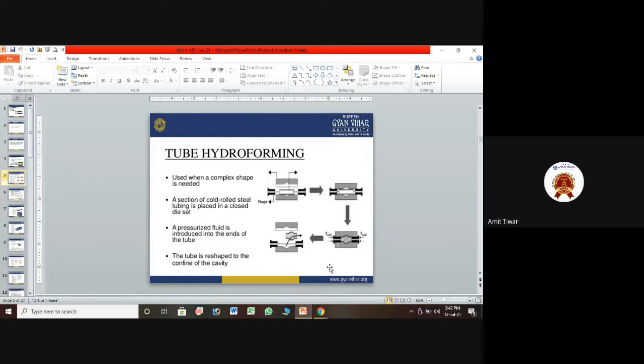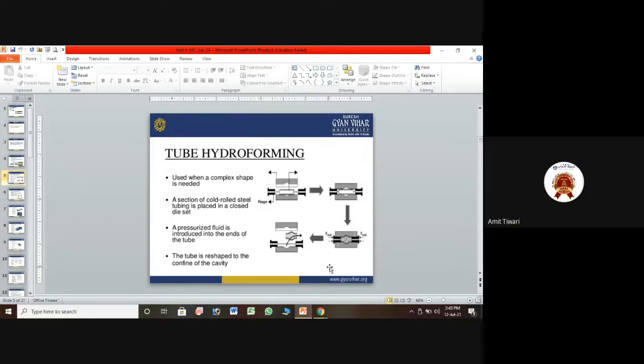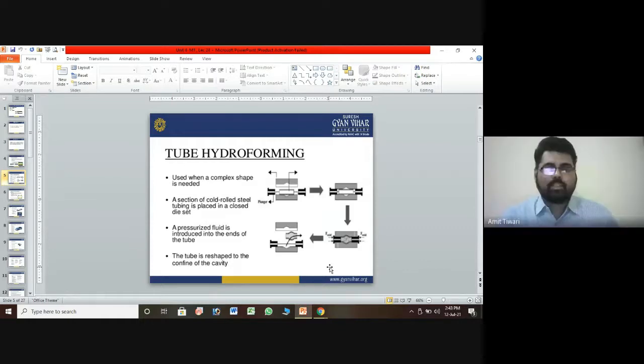This is a very useful technique to use nowadays, and it is very helpful. If you have any idea to make a circular cylinder, like this tube-type cylinder, you can select it easily with the help of hydroforming. And this hydroforming is generally used to maintain the quality of a circular bar, we can say maintain the quality of the structure you want to fabricate, by the help of fluid pressure.